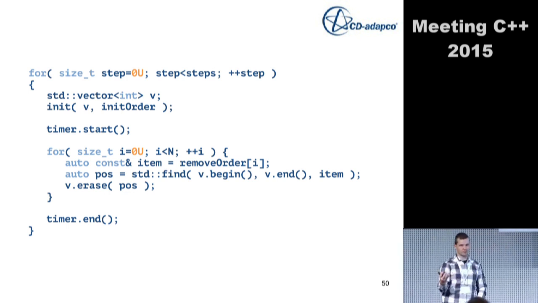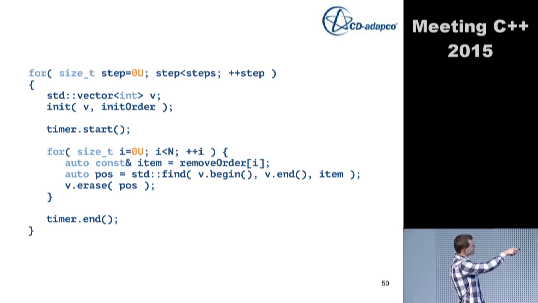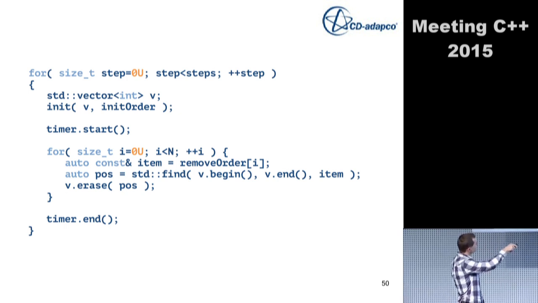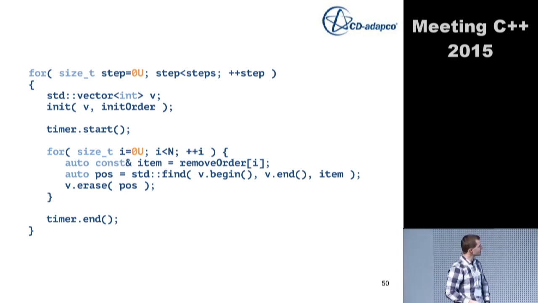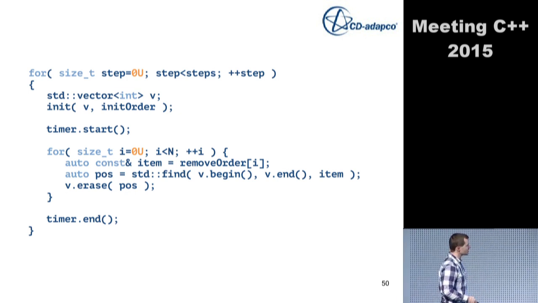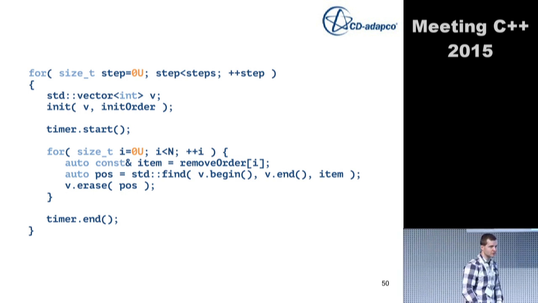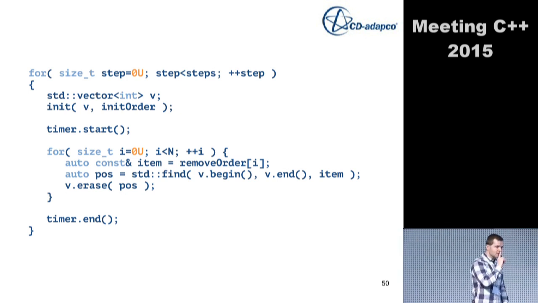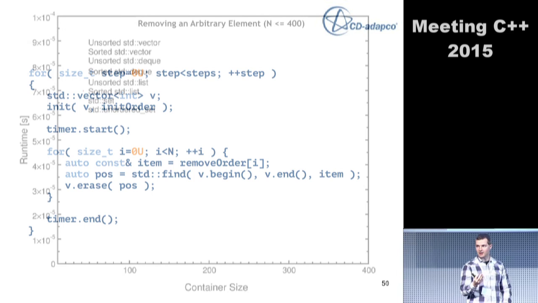All the containers are initialized in the same way. Then, over all the elements, I first pick an element. I have also a specific remove order, which is of course not the same as the init order. I pick this one, I find it first, and then erase it. So I do not swap anything. I just call erase, and I'm interested in the performance of the container. Of course, I do this a couple of times, yet the initialization part is something I'm not interested in, so the timing goes in here. Okay, and this is something that, theoretically, lists should be particularly good at: removing an element.